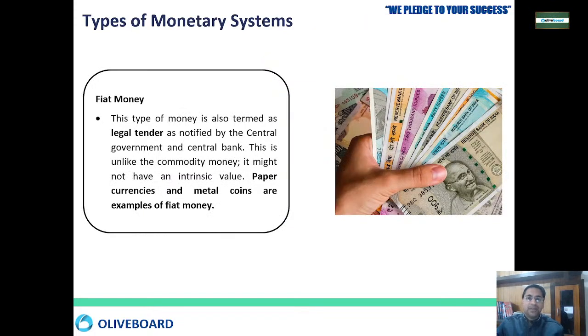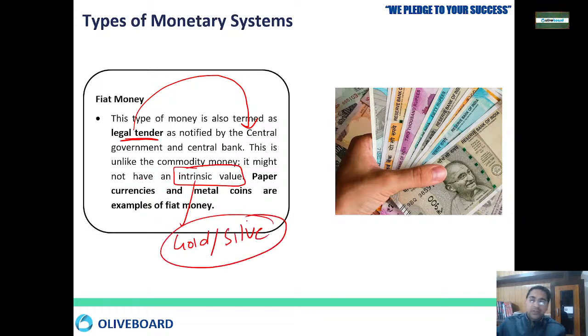Then comes fiat money. Okay, fiat money is also called legal tender. Here the central government gives the guarantee. It doesn't have any intrinsic value like we have in gold and silver. गोल्ड एंड सिल्वर में इंट्रिंसिक वैल्यू, मतलब उनकी वैल्यू भी है, right. But in legal tender, like if we have a paper, okay, in that paper if we write 2000 rupees,